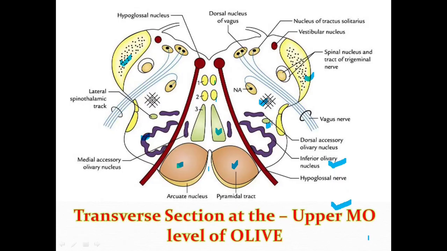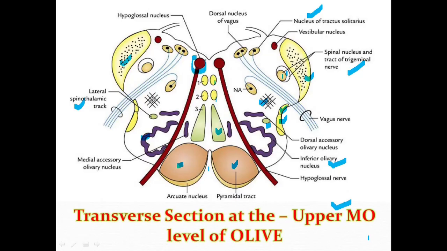Then the lateral corticospinal and spinothalamic tract is the same. Then I have anterior and posterior spinocerebellar tract, the same. Then the nucleus and the tract of trigeminal nerve is the same. Then you're going to have the nucleus tractus solitarius, the same. Some commonest features I have shown you, and what are the main important things you're supposed to look over from the previous conversation. At this level, I am supposed to identify mainly the